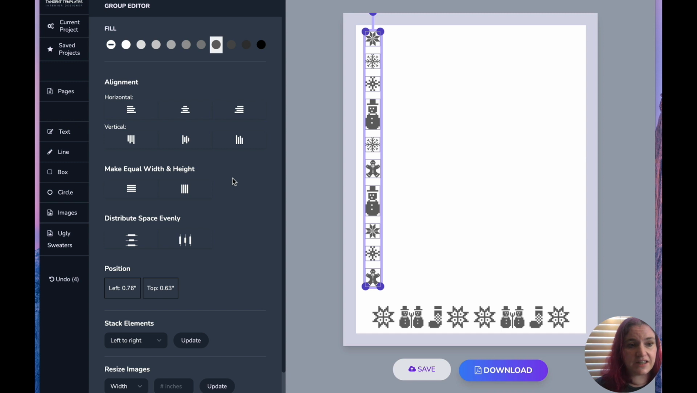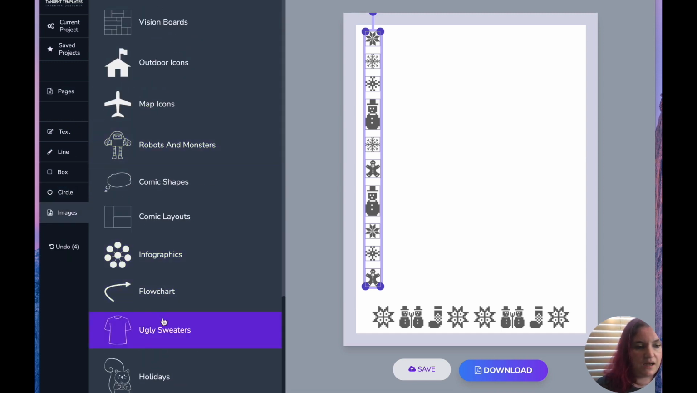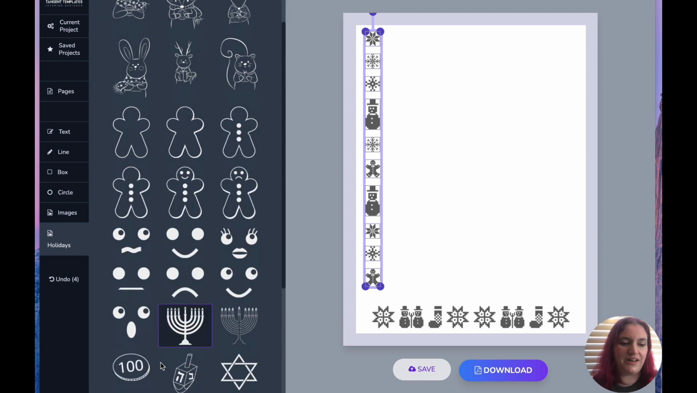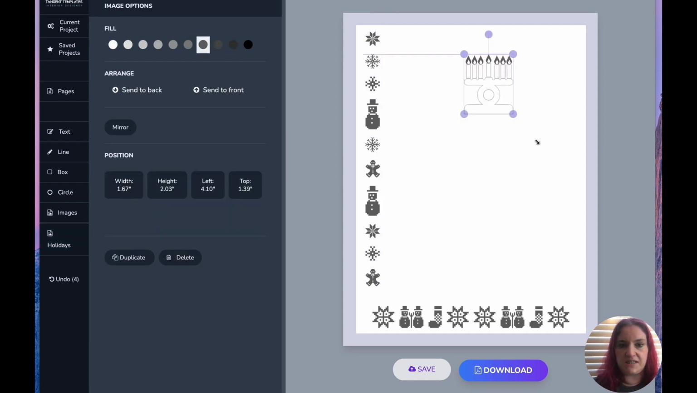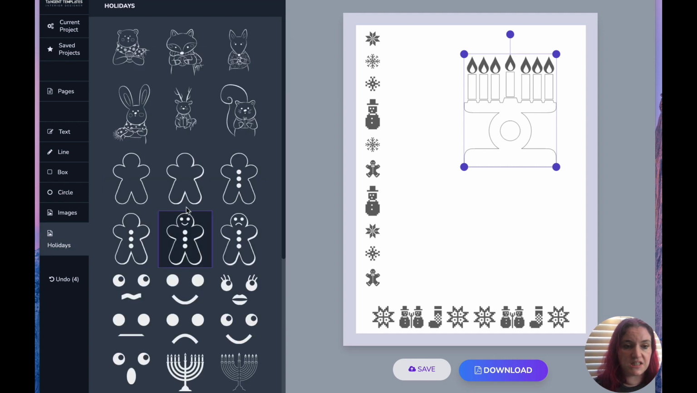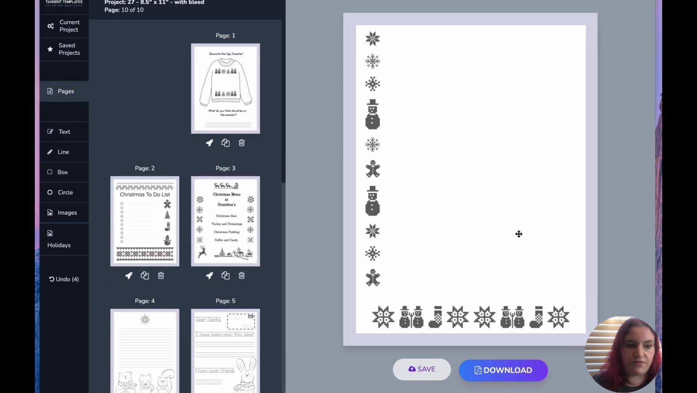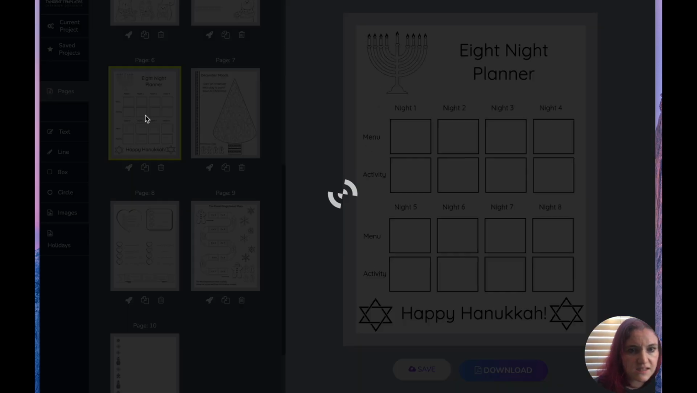So let's take a look at the other folder now. If I go to images, you can see we also added this holidays section. Now, this is really fun. We have some Hanukkah designs. There's some Kwanzaa designs in here. These images are here as Kwanzaa images, so you can use those. It's a little drum. We also have the Hanukkah images, and I used those to